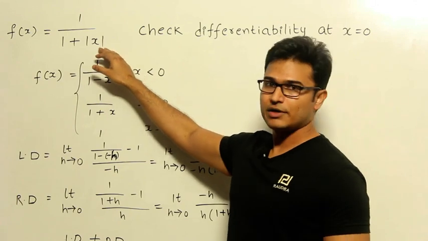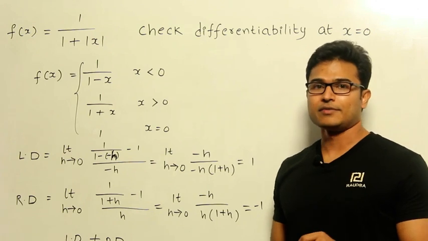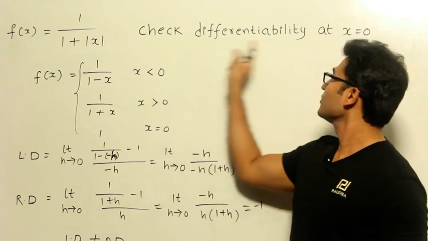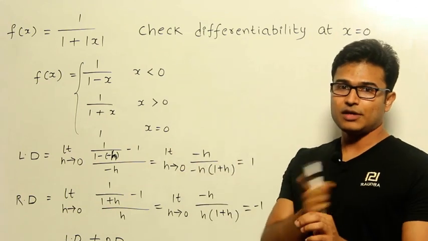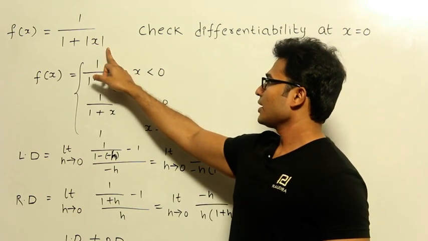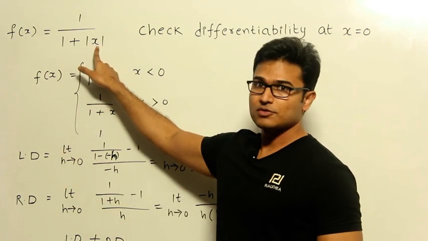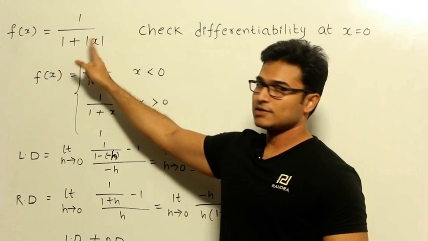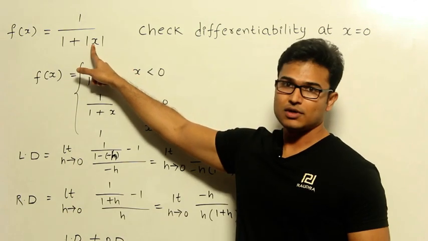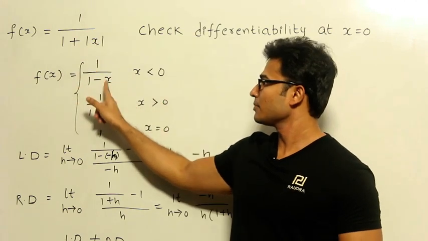Now, in order to find out whether it is differentiable at x equal to 0, we have to find out how the function is behaving at a point x, left of x and right of x, at the point 0. So at the point 0, left of 0 and right of 0. If we talk about the function at a point left of 0, we are talking about negative numbers, which means x is negative. Whenever x is negative, if you remove this mod, it is going to be minus x, which means 1 by 1 minus x.